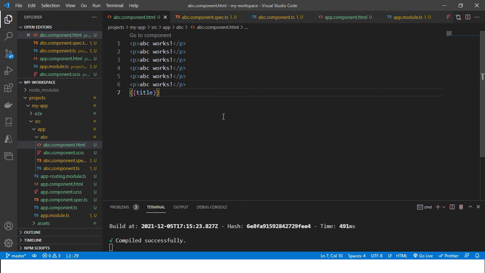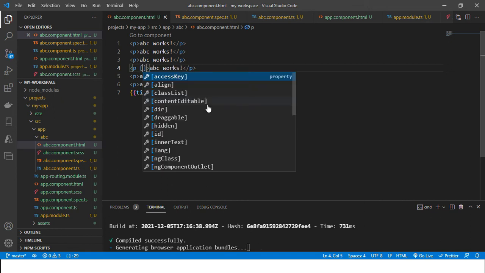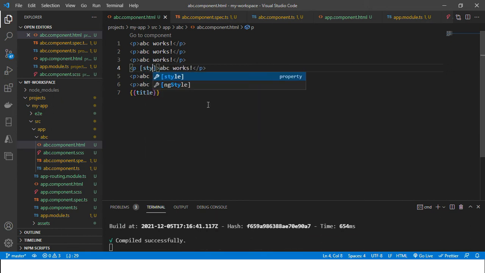To explain property binding, I will create style.color equal to color.